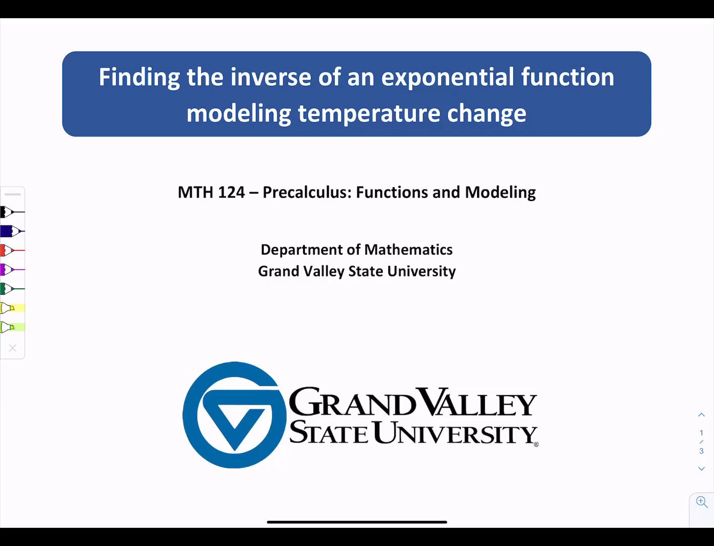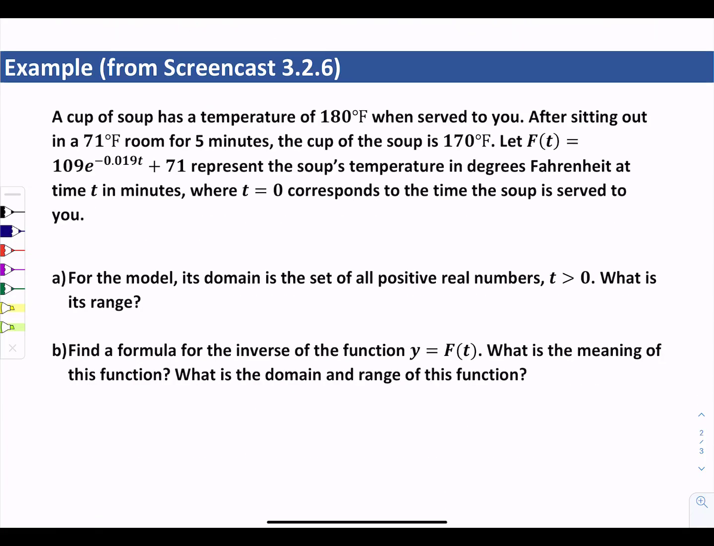Hello and welcome to the screencast on finding the inverse of an exponential function modeling temperature change. We're going to look at the example that we saw back in screencast 3.2.6. We had a cup of soup. It had a temperature of 180 degrees Fahrenheit when served to you. After sitting out in a 71 degree Fahrenheit room for 5 minutes, the cup of soup is 170 degrees